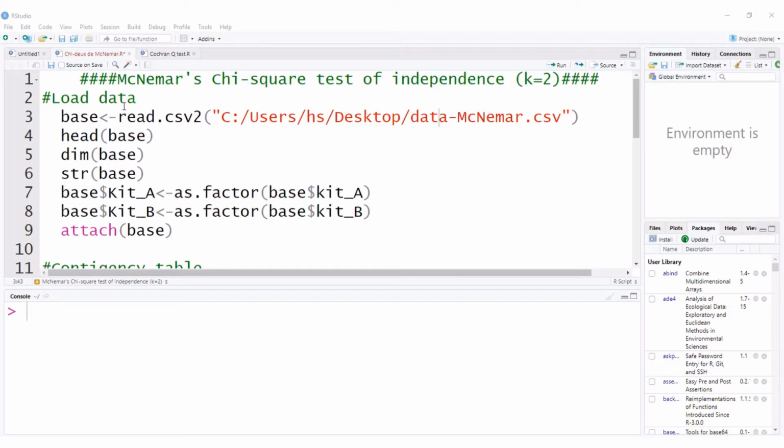paired nominal variables, and these two paired nominal variables must be dichotomous each. That is to say, each must have two responses or modalities, yes or no response, basically. So at the end of the day, we will have a 2 by 2 contingency table, and the two groups of data must be paired, or in other words, the two groups of qualitative data